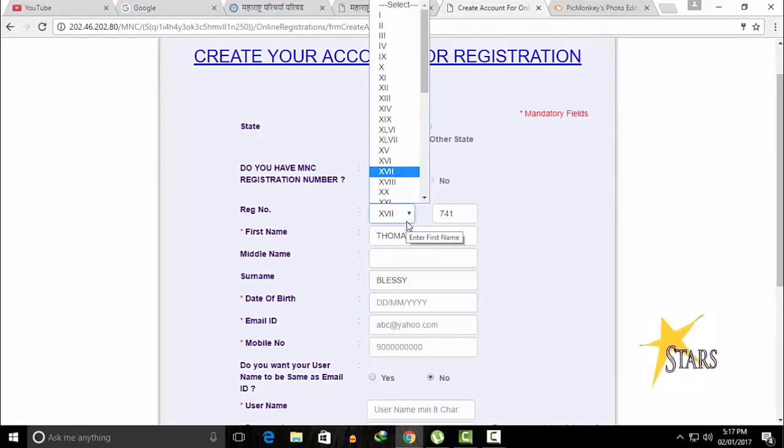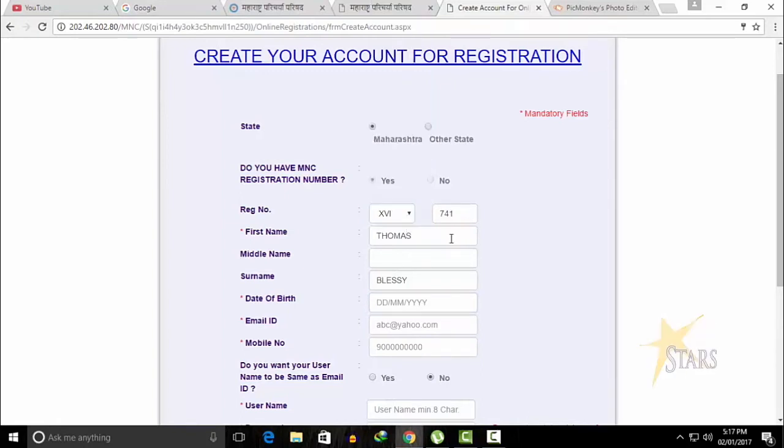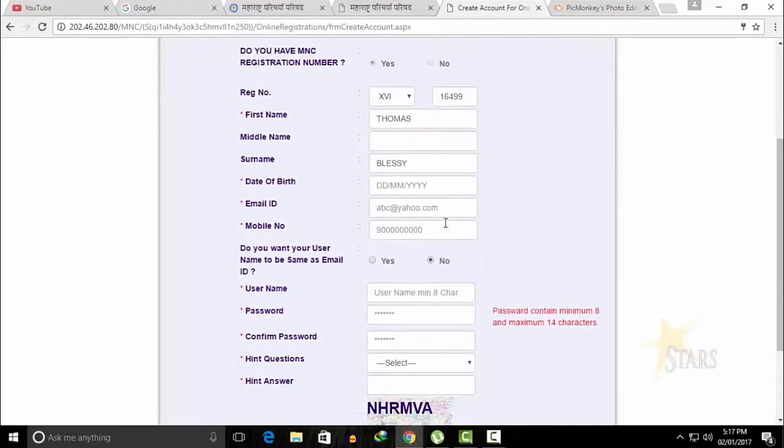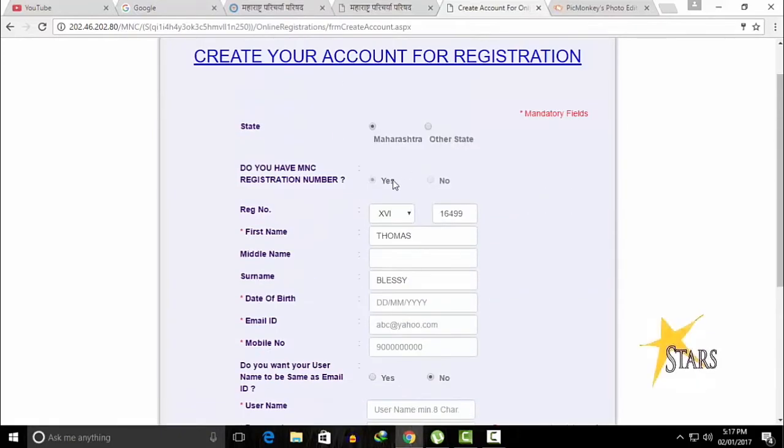Especially BSc nursing degree holders will have two registration numbers. One will be of nurse and another will be of midwife. So you have to try both registration numbers to create your user ID. With either one of the two registration numbers you can create your user ID.